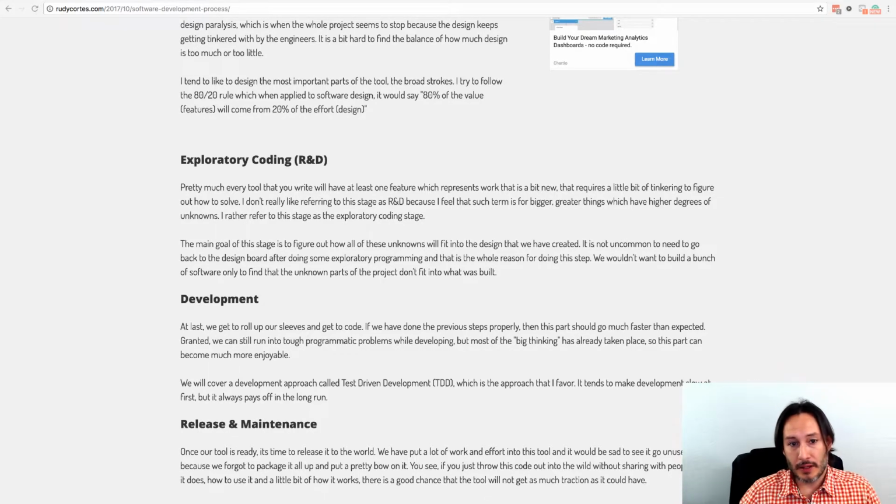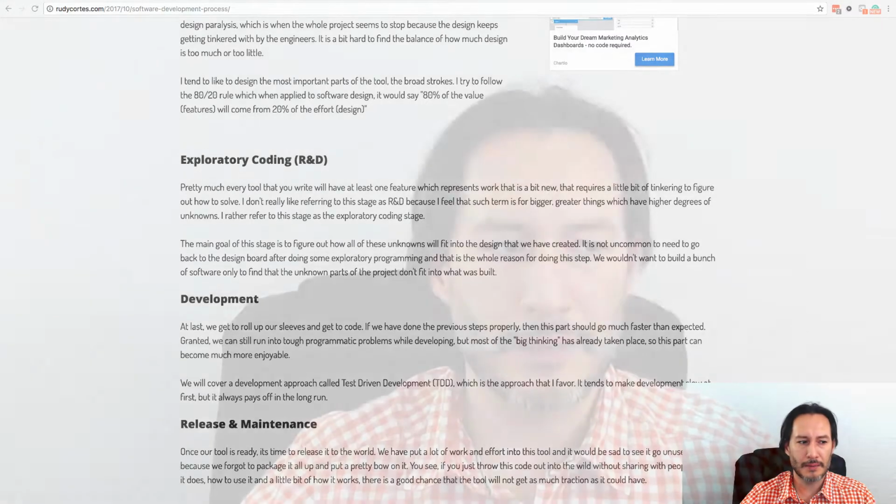So let's see, exploratory coding. Every single project that you work on is almost always going to have certain components that are not crystal clear on how to do them, right? You either have not dealt with this in the past, or you're going to be dealing with some new libraries, some new technology that you might not be 100% sure of how they're going to interact together. So you use your design that you did a little bit earlier, and you start doing a little bit of coding for those parts that you're not completely sure about.